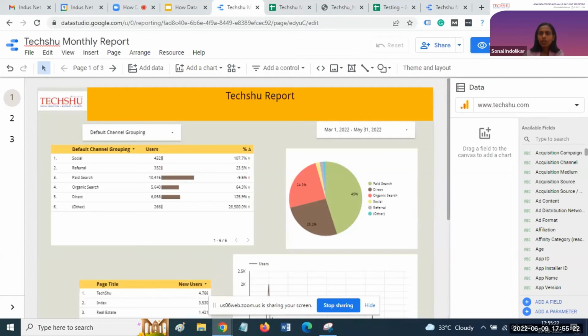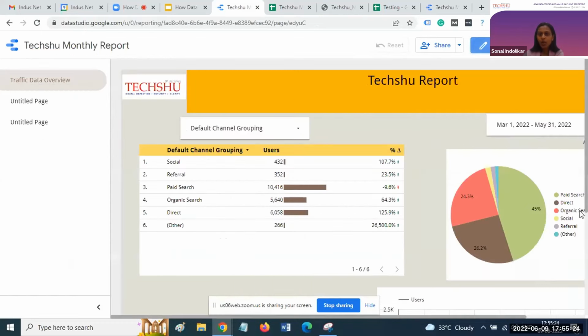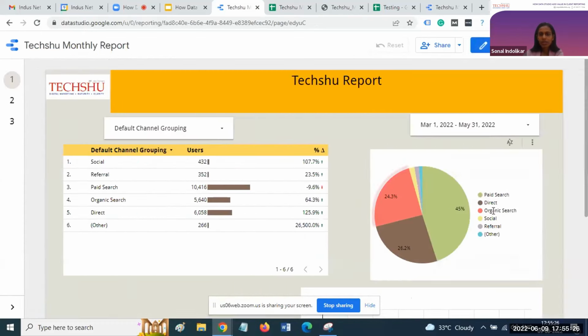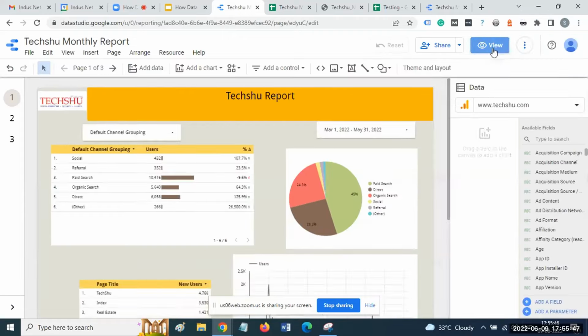When you click on this view option, all the editing options are disabled. So right now we are in the view option, and the client can see only the visual format of this particular templated report. And again, if you want to switch from view to edit, there is an edit option available in the upper corner. I hope, Rohit, that answers your query.